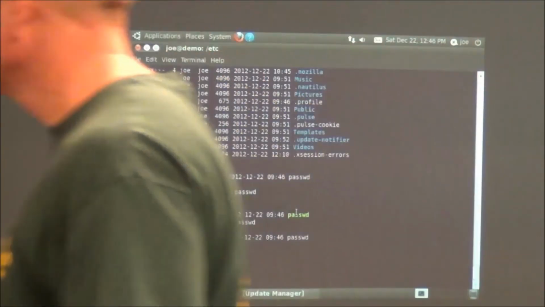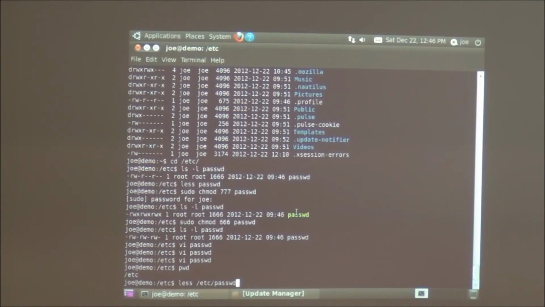What about, okay, so that's where I'm confused. So 666 is read write because read is 4 and write is 2? Yes. Correct. So why are we going to do it 3 times? That's changing owner, group, and what was the other one? The world, or everybody. Oh, so then what if I just want the owner? I just put 600.